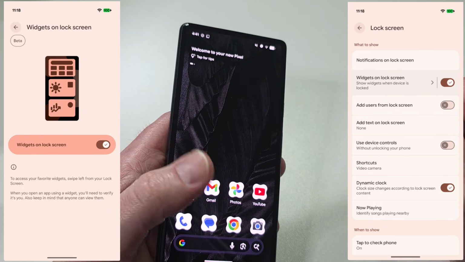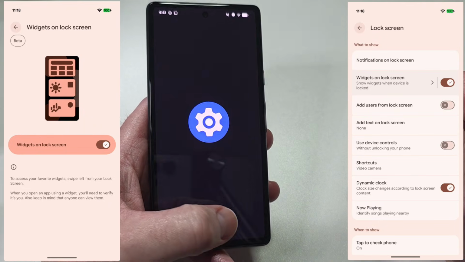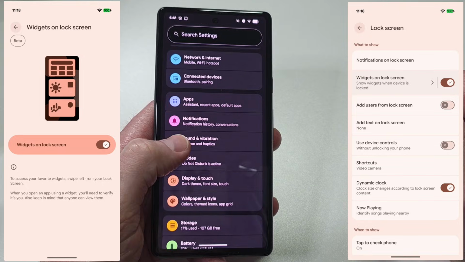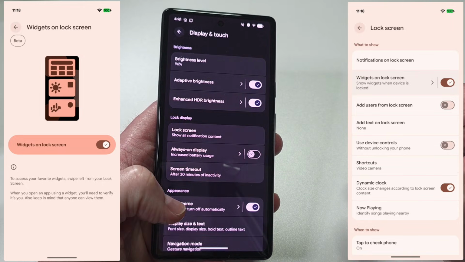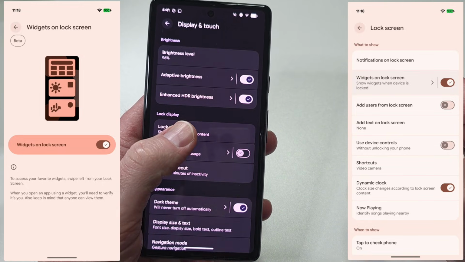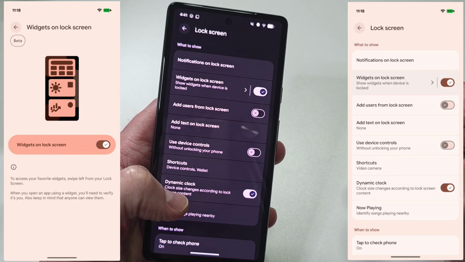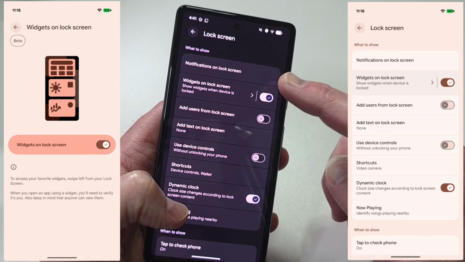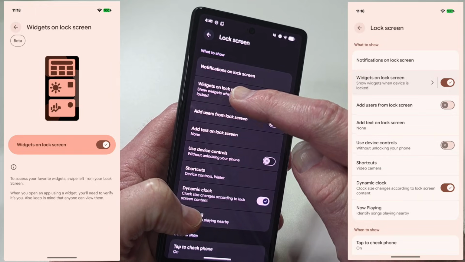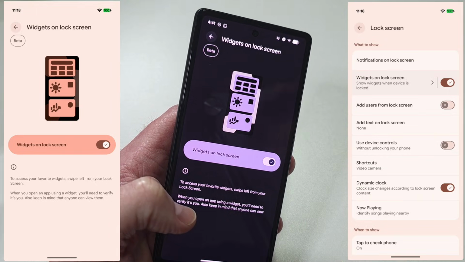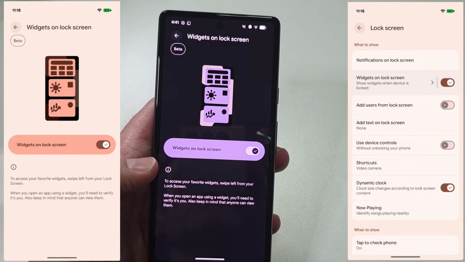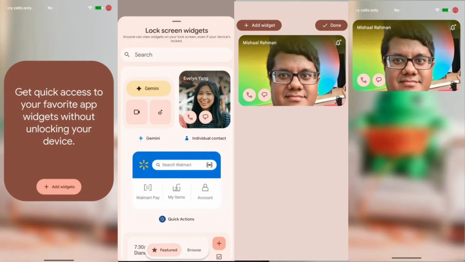So you'll do that by navigating to the settings application. You're going to want to go to display and touch. And then you're going to want to go to lock screen, right? And then you need to select widgets on lock screen right here. And let's select that. And as you can tell, when enabled, to access your favorite widget, swipe left from your